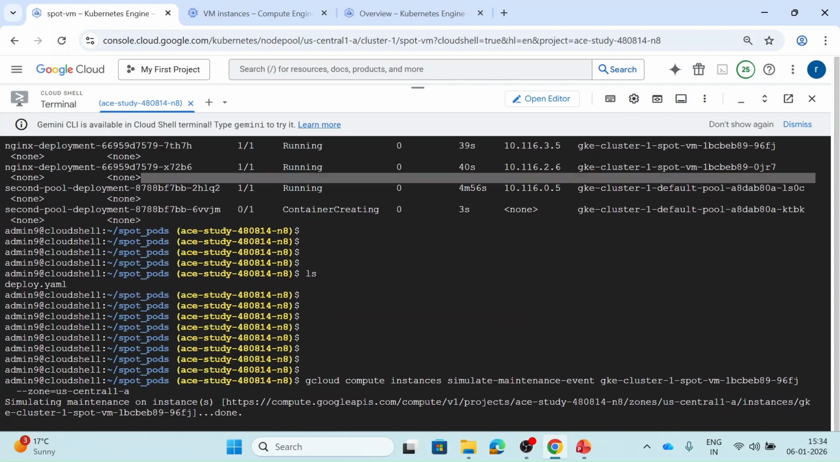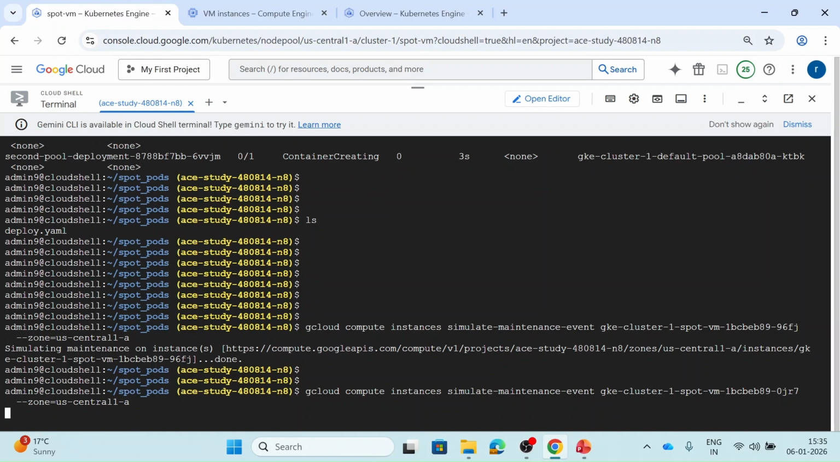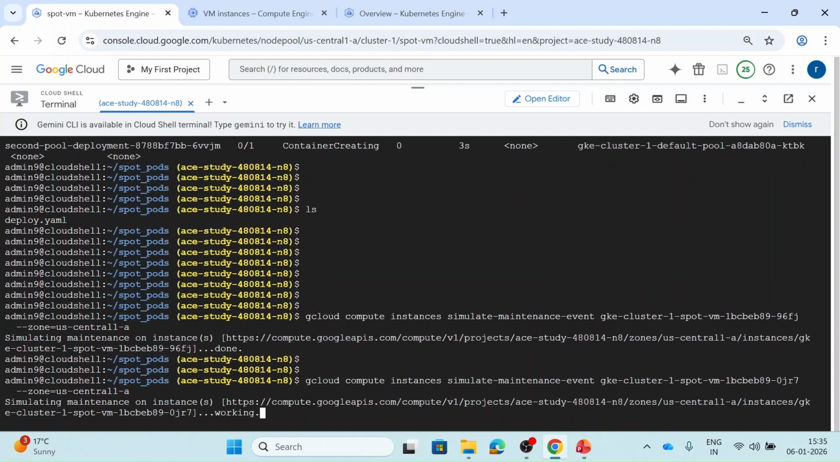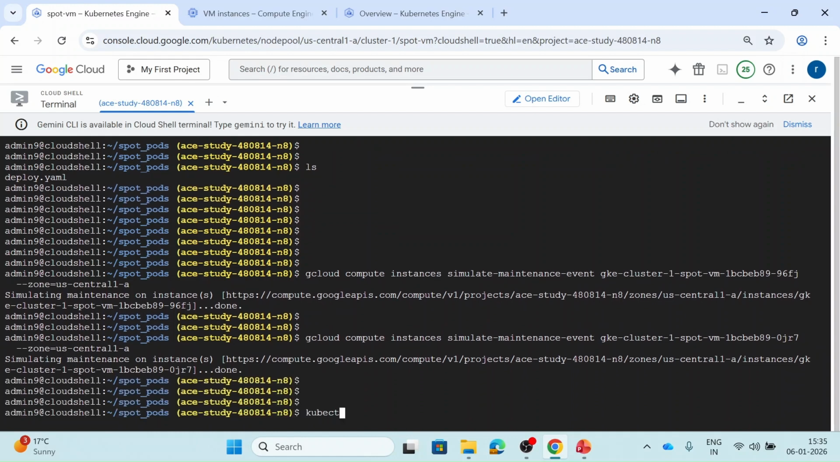I will do the same for another node also. Let me run this command also. It will give our node 30 seconds, and after 30 seconds it will be deleted, or we can say recreated. We can see it is working and it is done. Now if I run kubectl get nodes,